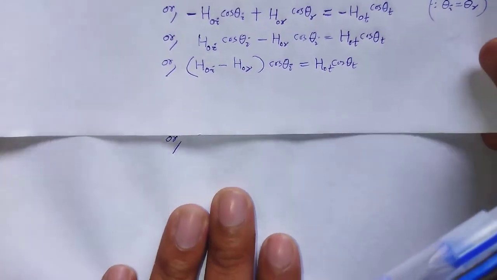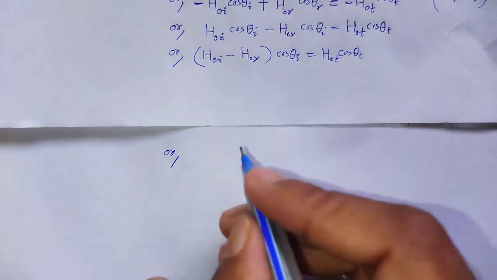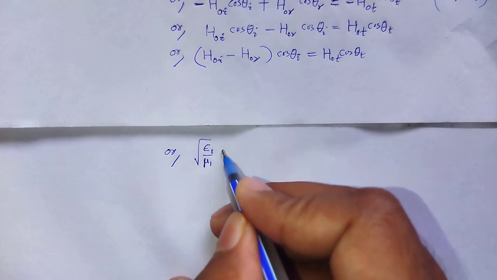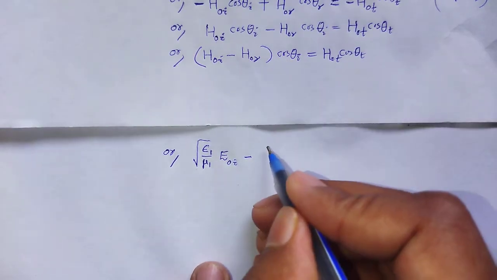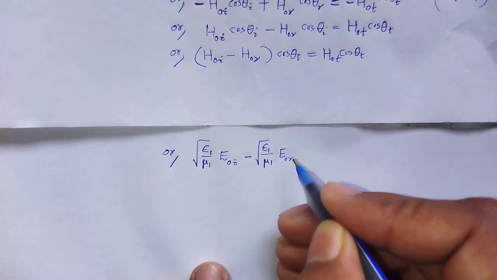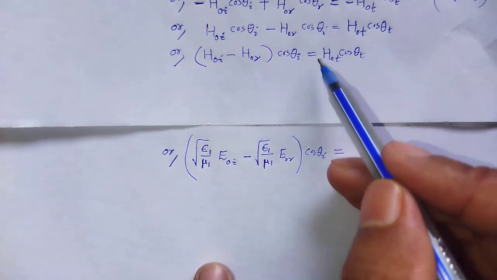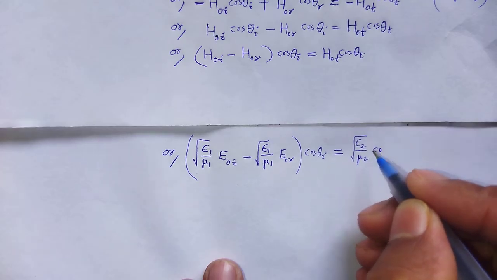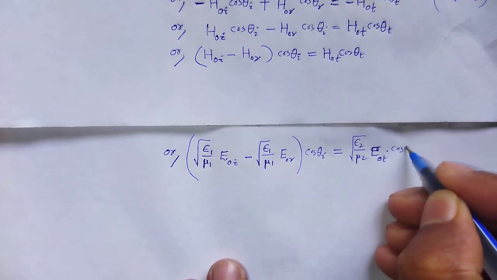Here for H O I, the incident wave in medium 1, that is epsilon 1 by mu 1 under root, amplitude E O for the incident minus the reflected wave, again in medium 1, epsilon 1 by mu 1 under root, E O R, cos theta I is equal to H O T, that is in medium 2, epsilon 2 by mu 2 under root, into E O T cos theta t,